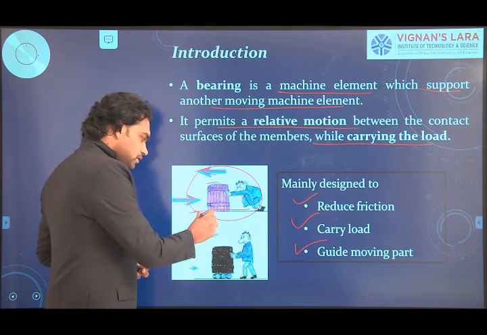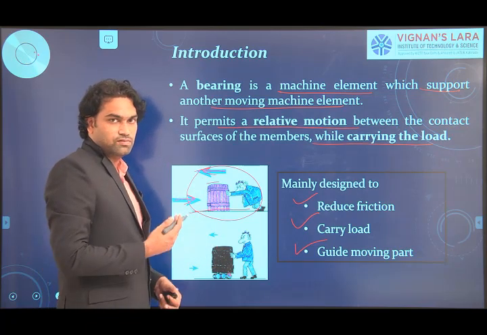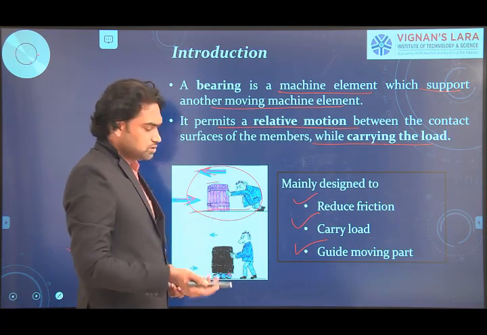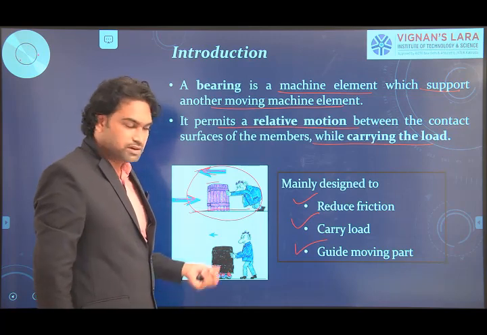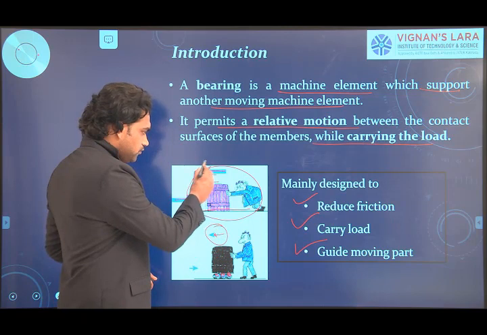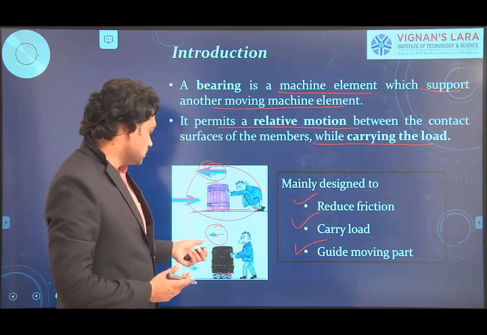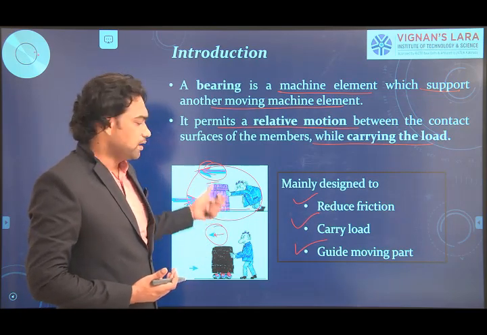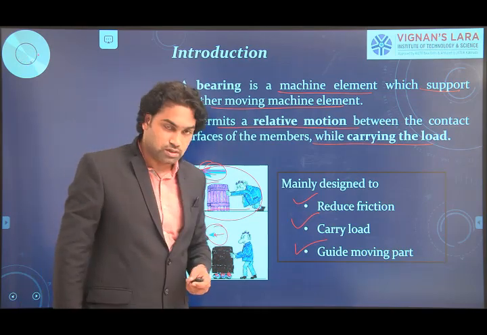So I can introduce rolling elements here. As we saw in the earlier case of the Egyptian idea of bearings, tree trunks are used in a similar fashion. I can simply place rollers between the wooden box and the floor, and the force required is very much smaller compared to the previous case, so you can minimize the friction, as seen by comparing the two images. So this is the main introduction to bearings.